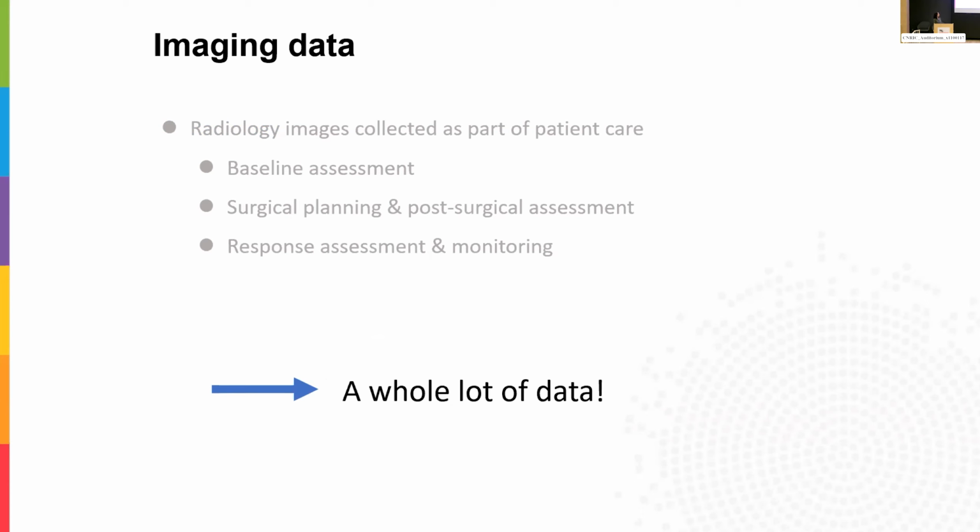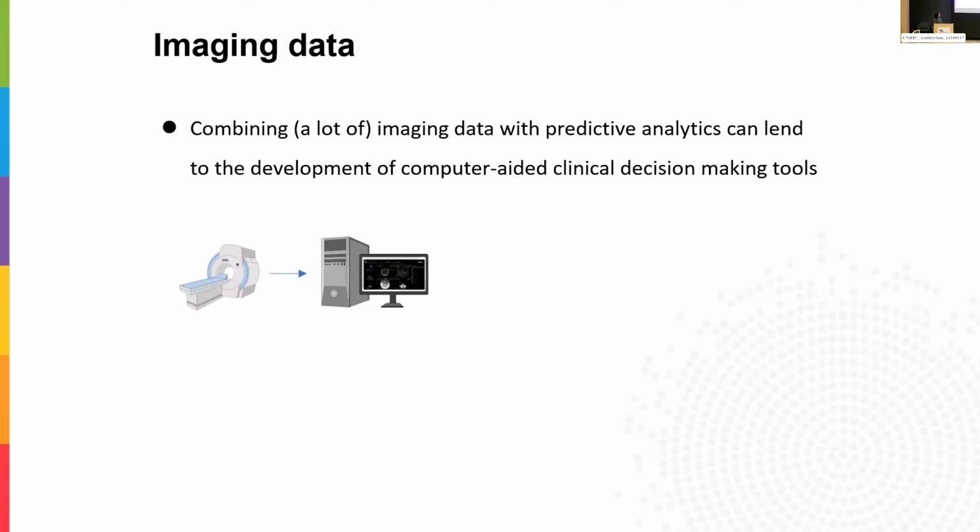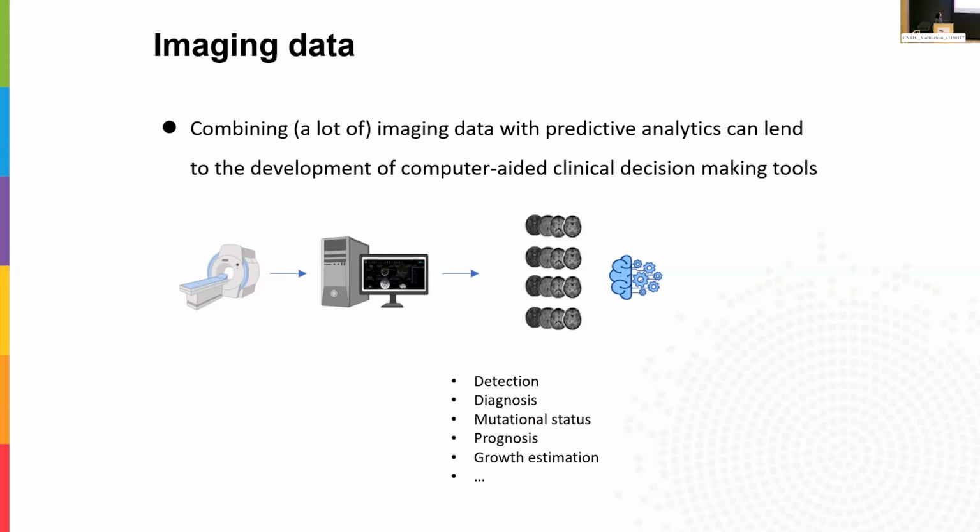It's not just large in terms of its size and the storage and computational resources required to process it, but it's also a lot of data that is potentially valuable and mineable for creating predictive analytics. So what I mean by that is that those images can be aggregated, they can be taken and prepared and input into artificial intelligence models, machine learning models for model training. And those models then, once they're built on a lot of data and they perform well and they're validated, can then be used to